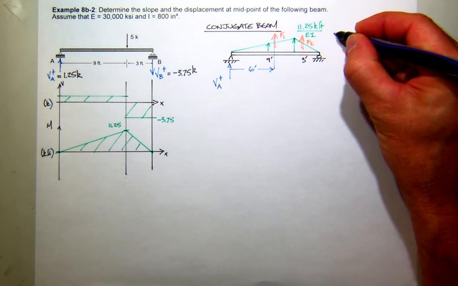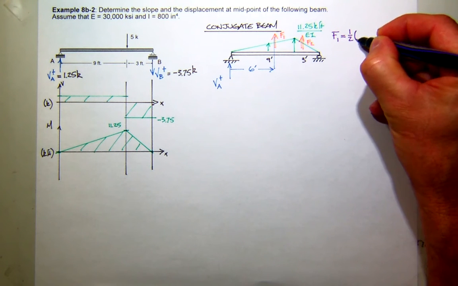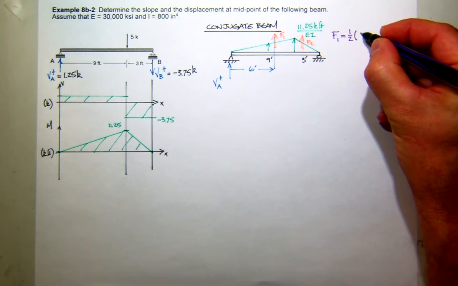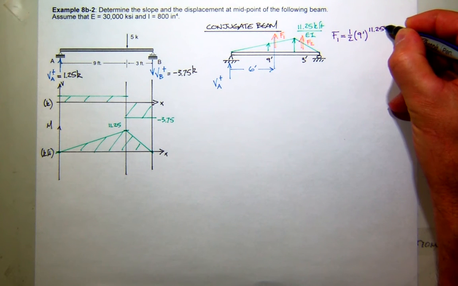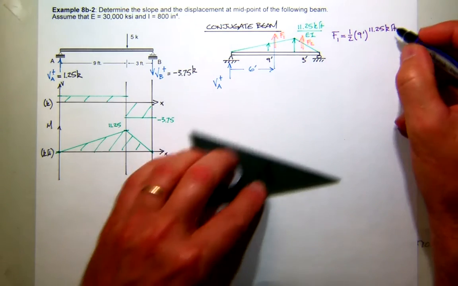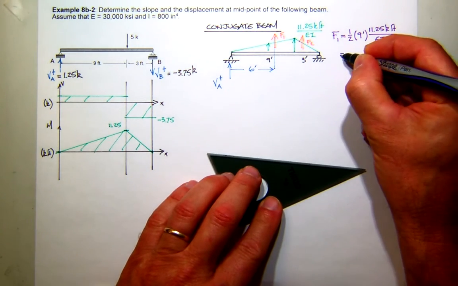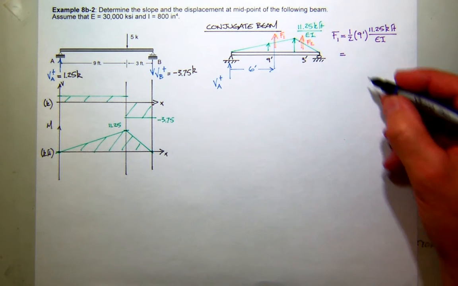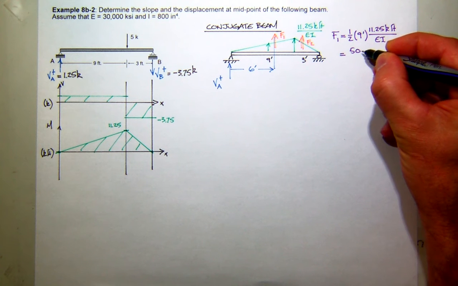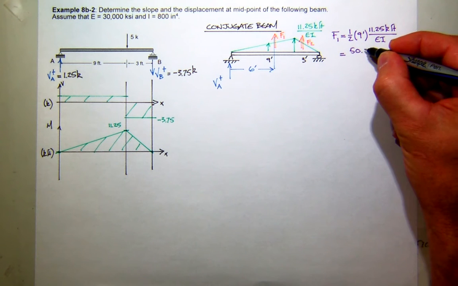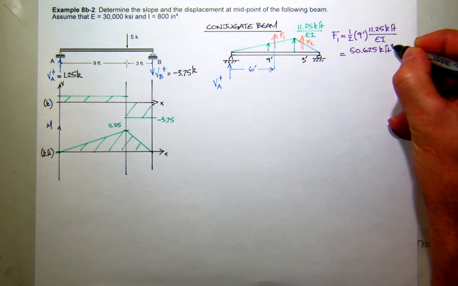All right, so what is F1? What's a triangle? So it's going to be 1/2 the base, which is 9 feet, times the height, which is 11.25 kip feet, divided by EI. So what's that value? 50.625. Oh, that's a lot of decimals. I'll play along. There's kip feet squared